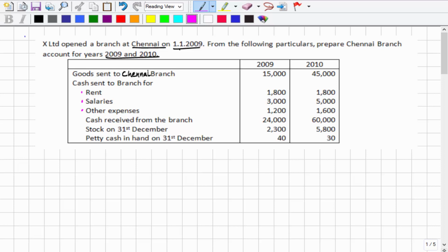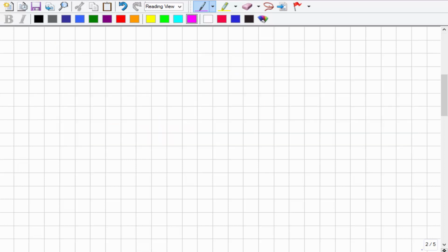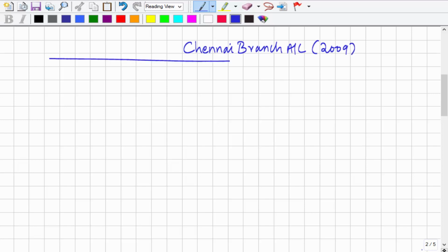So first we'll prepare branch account for the year 2009. Okay. So I'll write here Chennai branch account, and we are going to basically prepare it for the year 2009. Then we'll take it for the year 2010. Okay, so let me draw a line,